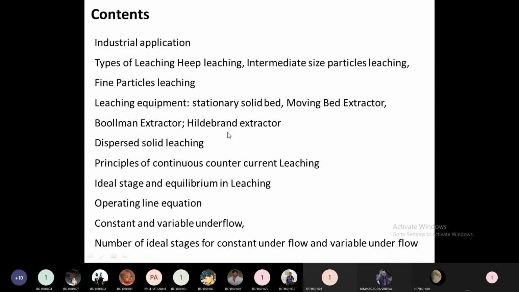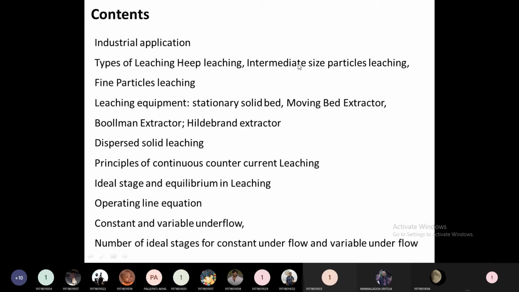So that is called leaching during grinding. To handle leaching of fine particles, the leaching during grinding process will be used. So three types of equipment are there. One type of leaching handles the coarser particles, big lumps, which is called in situ or in place leaching and heap leaching.